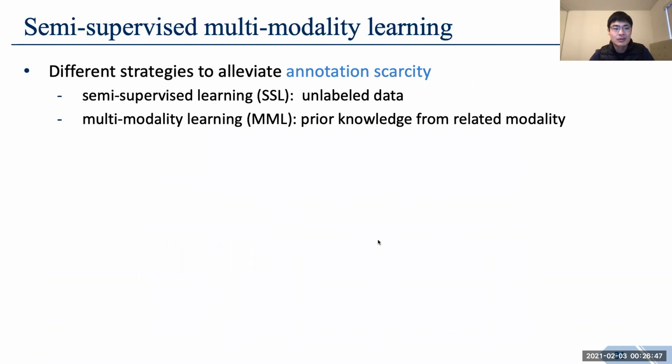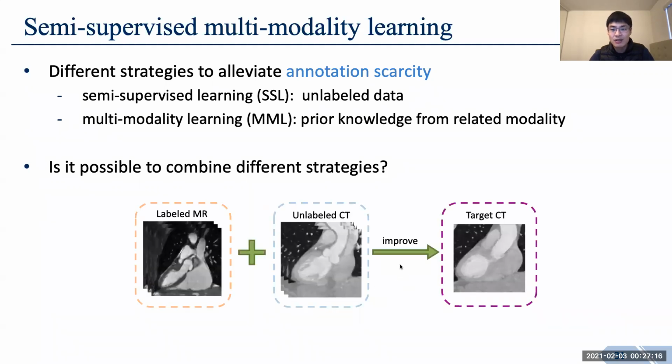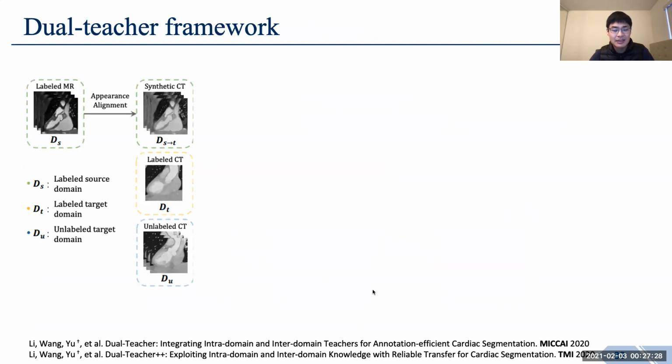So far, we have introduced two different strategies to eliminate the annotation scarcity. That is the semi-supervised learning to utilize unlabeled data, and the multi-modality learning to utilize the information from a related modality. So a natural question is whether it is possible to combine these different strategies so that we can utilize all available data sources for more robust segmentation. For example, for the CT image segmentation, can we simultaneously utilize the labeled MRI and unlabeled CT to improve the CT segmentation? And in our recent MICCAI and TMI paper, we studied this problem and